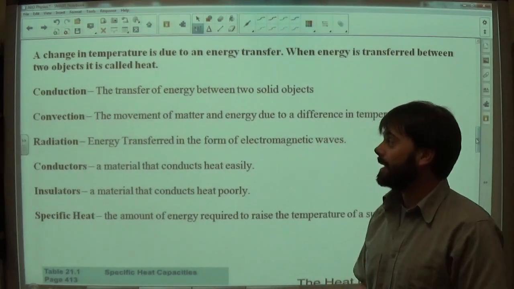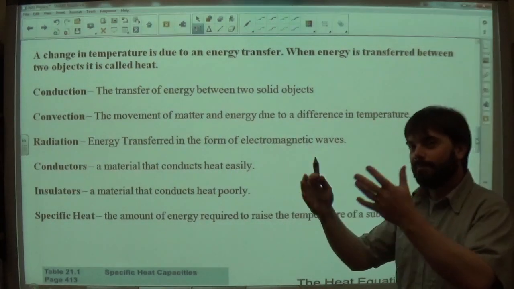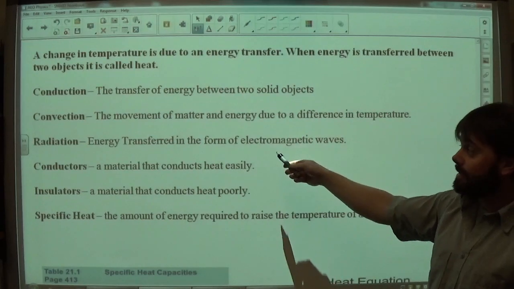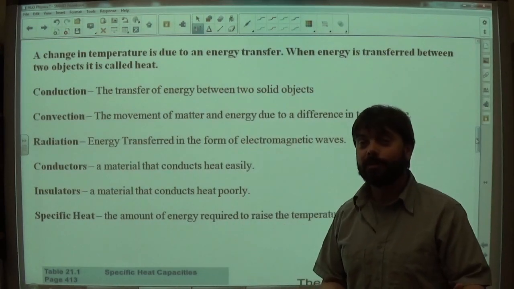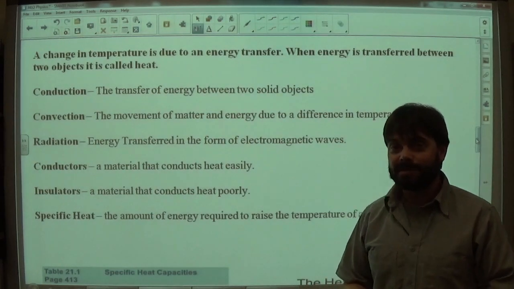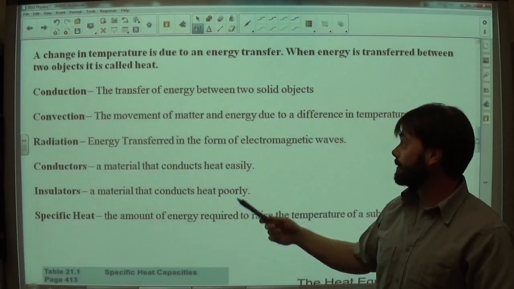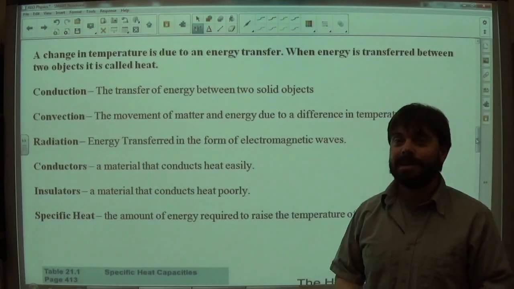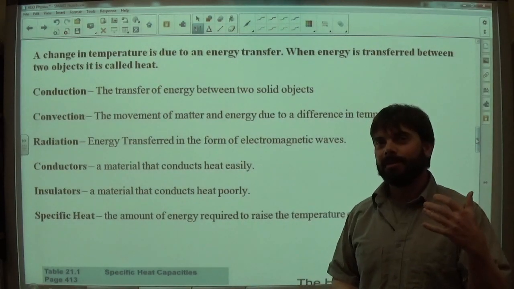It normally will kind of reach entropy and kind of blend together. Radiation, this is probably the most critical form of energy transfer that we have on Earth, because this is how we get all of our energy from the sun. So radiation can transform energy in the form of electromagnetic waves, and from the sun, everything we get from there,